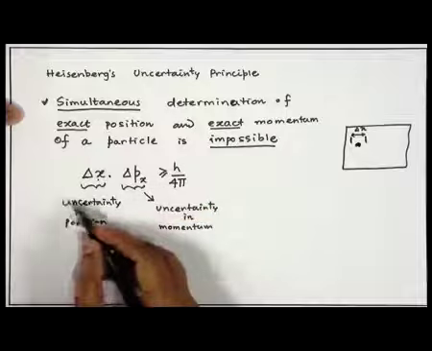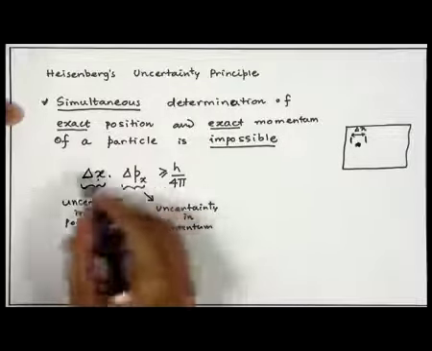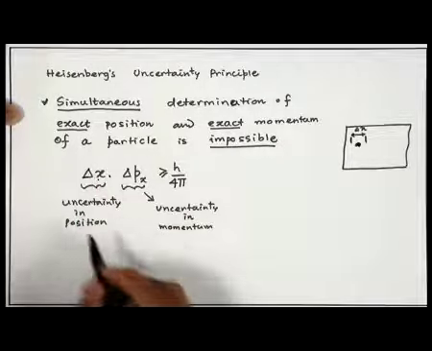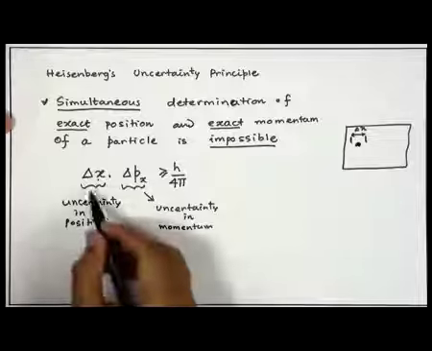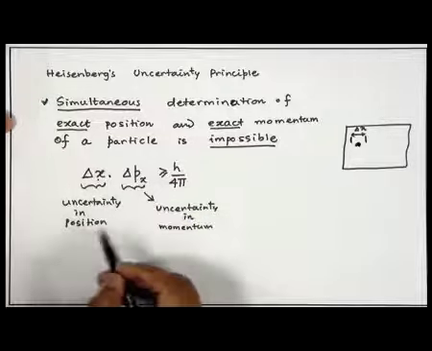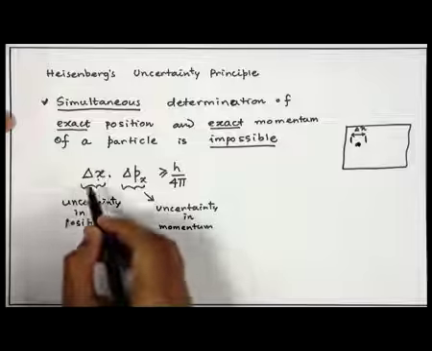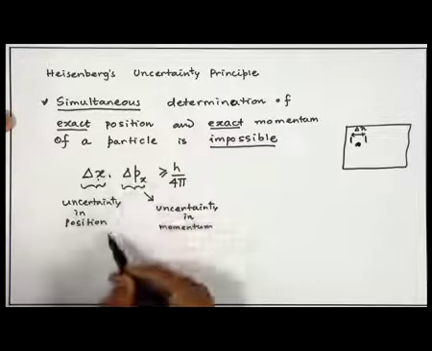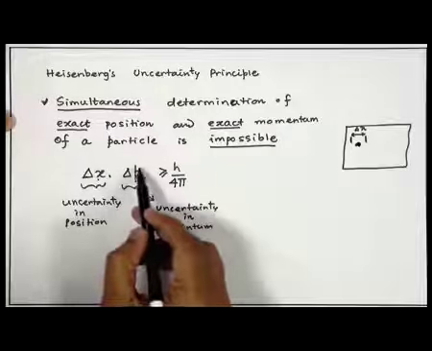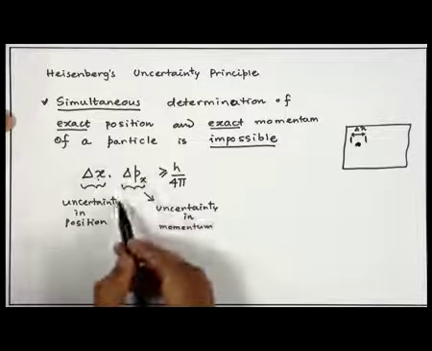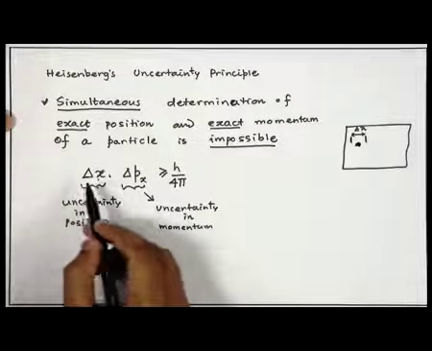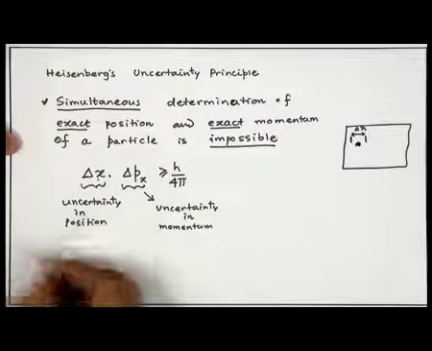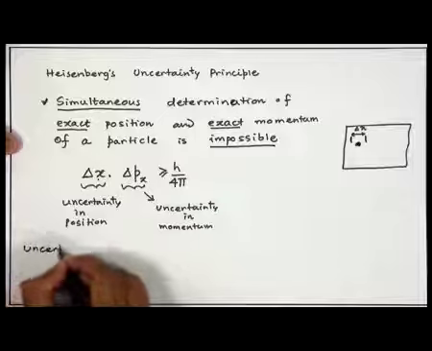So, Heisenberg's uncertainty principle said that you cannot simultaneously measure the exact position and exact momentum of a particle. There has to be a certain amount of uncertainty, and this uncertainty is given in this way. In other words, if you want to measure the position exactly, you must sacrifice the accuracy in terms of momentum, and if you want to exactly measure the momentum of this particle, you must sacrifice the knowledge of the exact position of this particle. You can actually show that the uncertainty